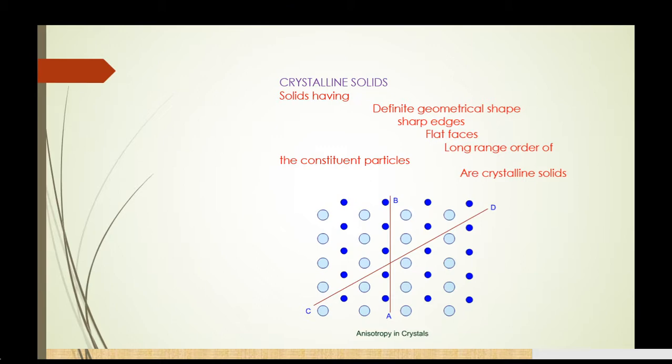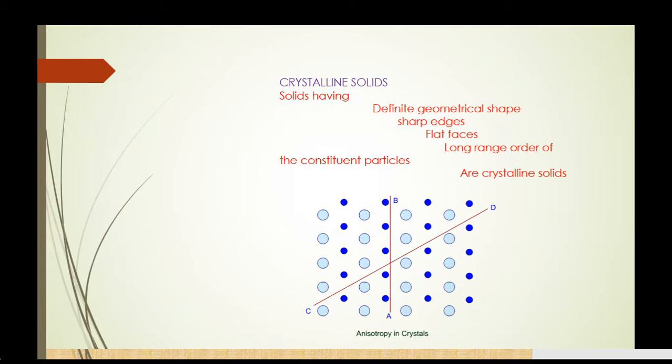They are anisotropic in nature. It means that crystalline solids have different values of properties due to the arrangement of the constituting particles. It means that